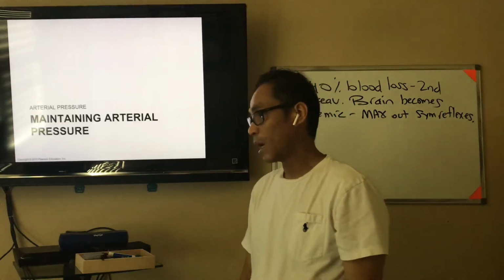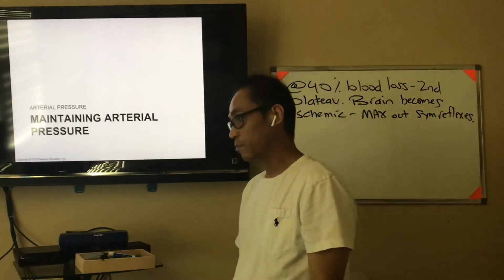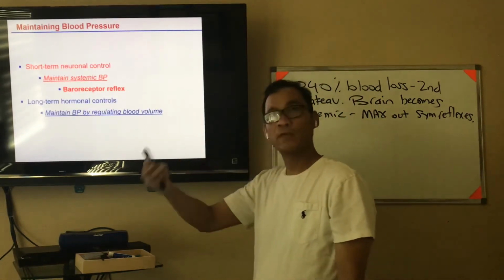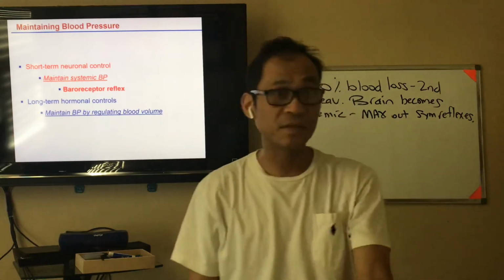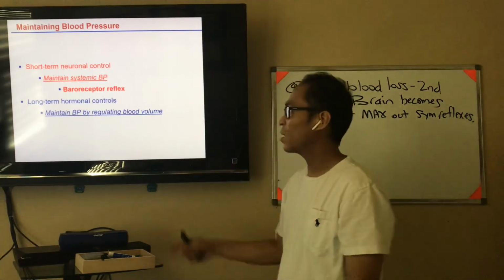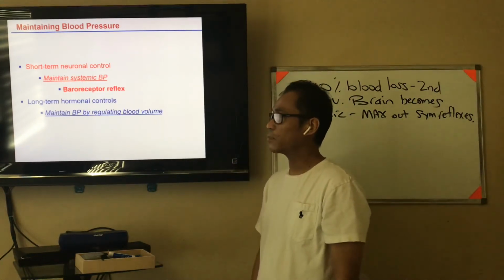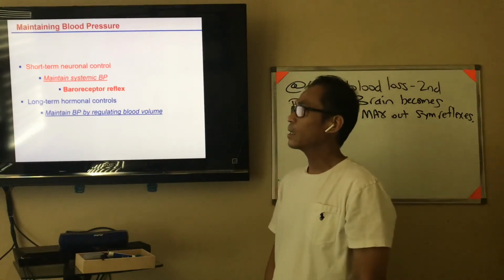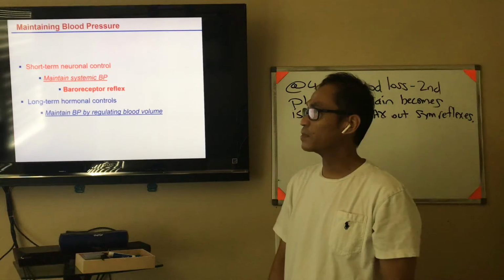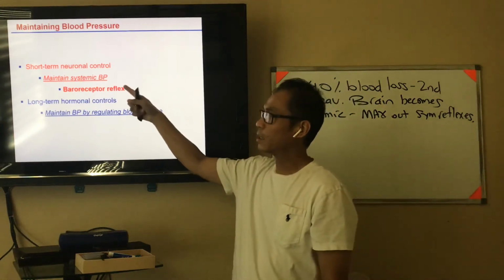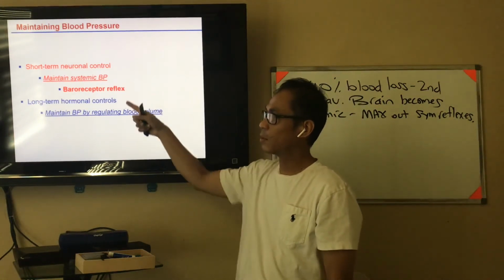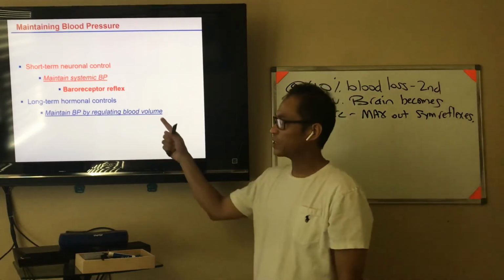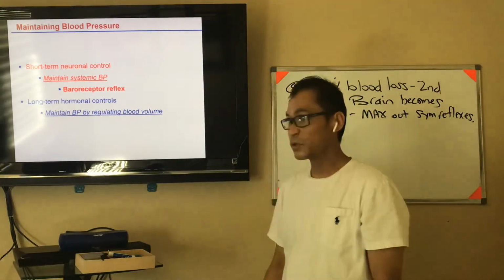And so I want to talk about another example of maintaining blood pressure over the short term, which is a reflex response over the time course of, say, minutes, whereas maybe over long terms, which is more hormonal controls. Basically, a short term control is by sympathetic inputs, an autonomic response, it's neuronal. A long term control is hormonal, which operates by changing blood volume. And so just to review